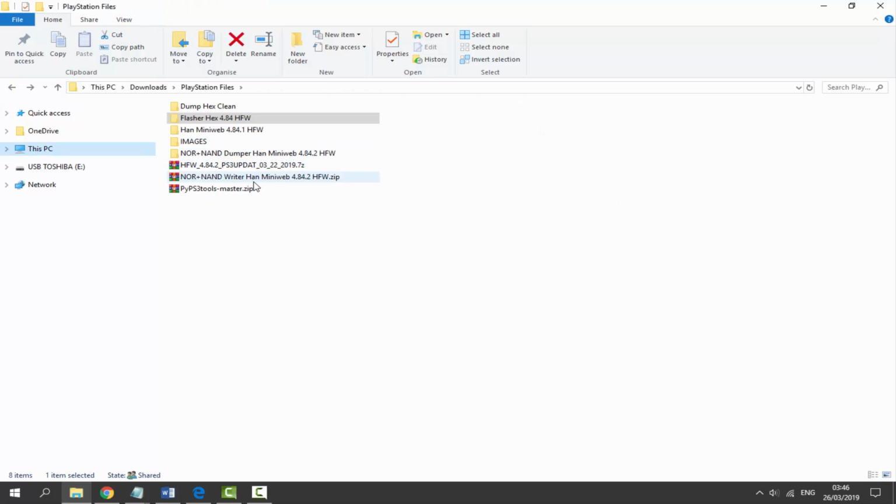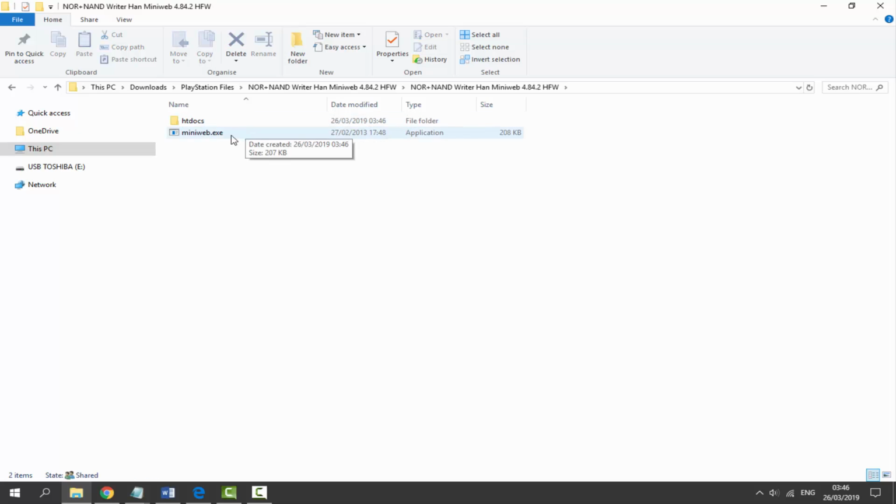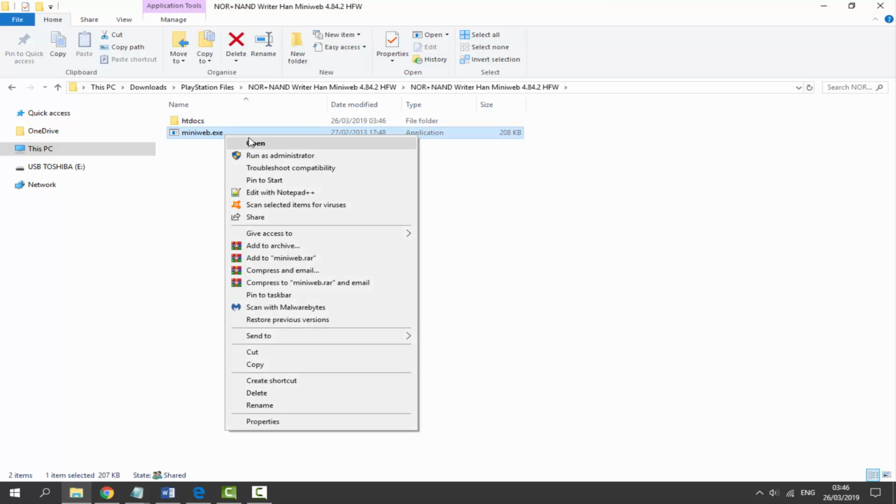Next, we also have to extract something else. We have to extract the writer this time. So right click, select extract to. Once that is done, we can actually delete the writer's zip file, go into the writer's file right here, make sure you don't choose the dumper, go inside of that, go inside of this, find the miniweb.exe, right click and